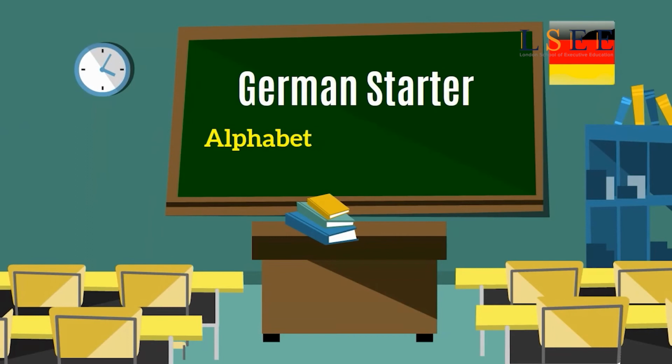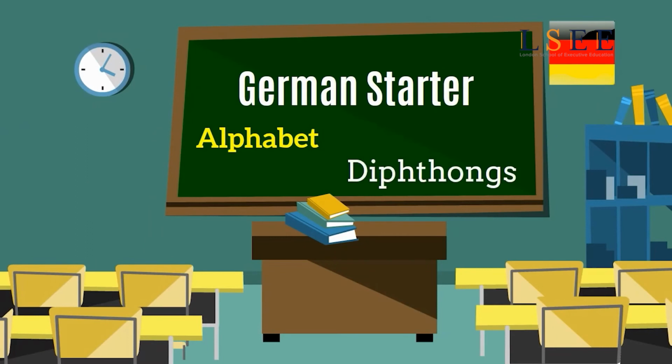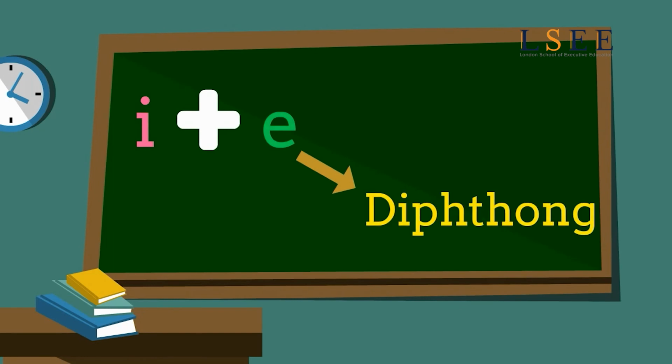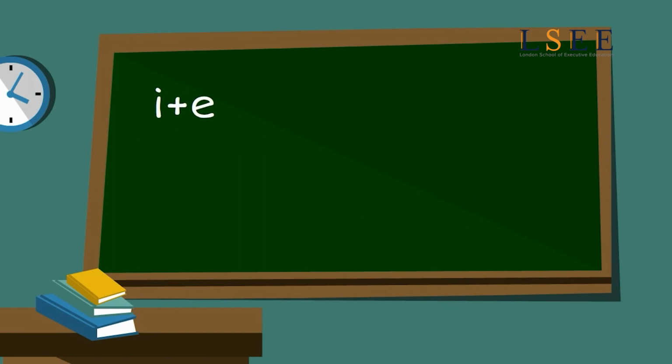Welcome to German letters with diphthongs or special sounds for unique vowels. In this lesson, we'll learn how to pronounce the compound vowels. Often German vowels may appear together to form a diphthong, 2 vowels. In the combination IE, the sound of the I tends to be longer, and in the combination EI, the sound is